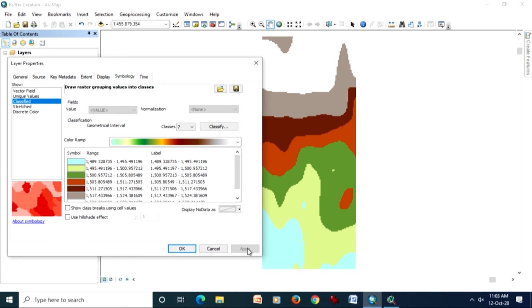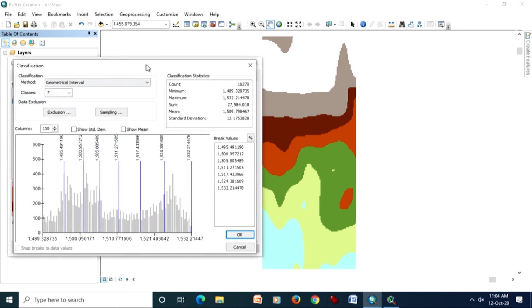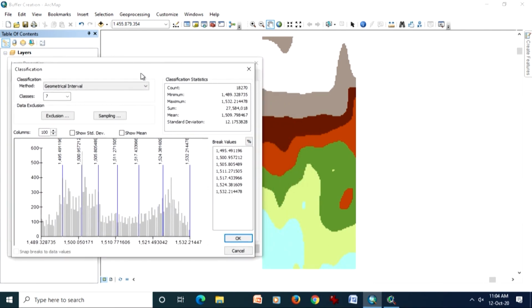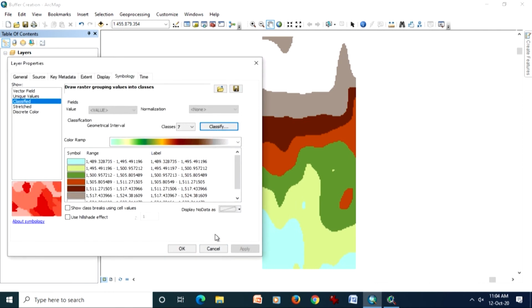Once you have understood that, you will get some idea of which classification method you should adopt. Simple statistics will also allow you to go through that, and then you choose the classification method and number of classes appropriately as per your requirement, and then you can perform the classification. It should produce desirable results.